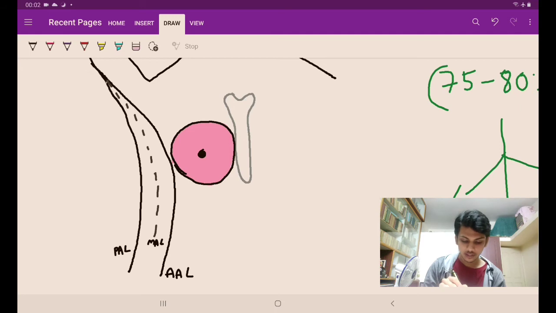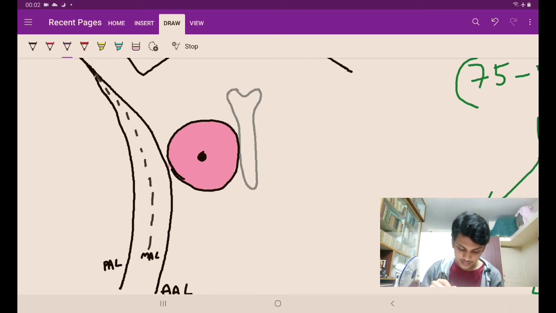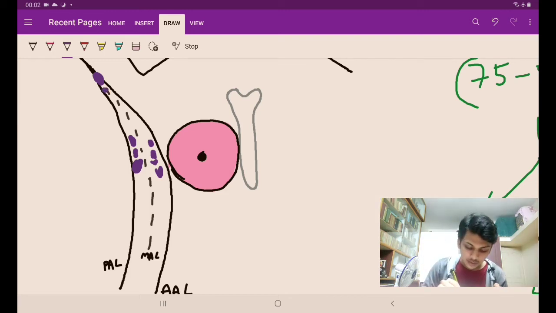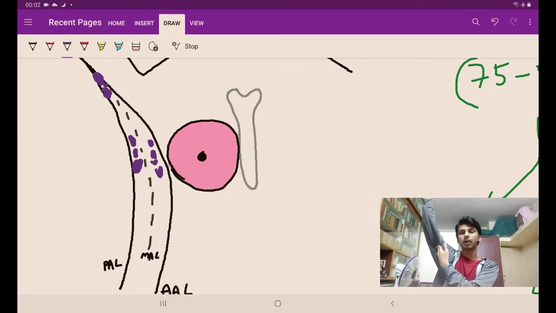Now see, if there are groups of lymph nodes between the mid axillary line and the anterior axillary line, they become the anterior group. If there are lymph nodes between the mid axillary line and the posterior axillary line, they become the posterior group. Okay, then see here, they are extending into the medial part of the arm, that becomes the lateral group. So how does it become lateral? Now see, the medial part of the arm is here, it came over here, relative to this it is lateral, so that becomes the lateral group. So that is what happens.